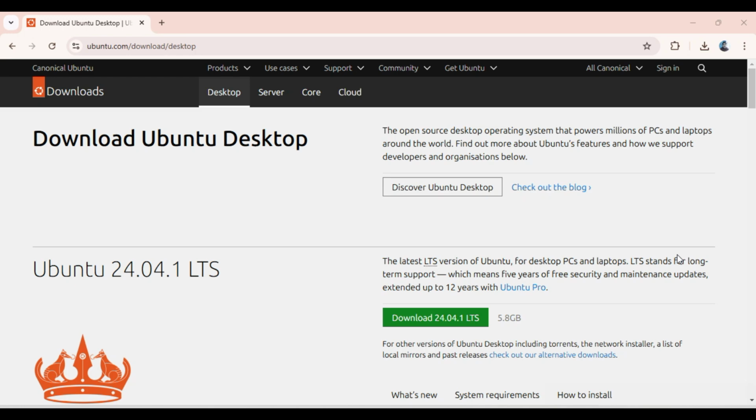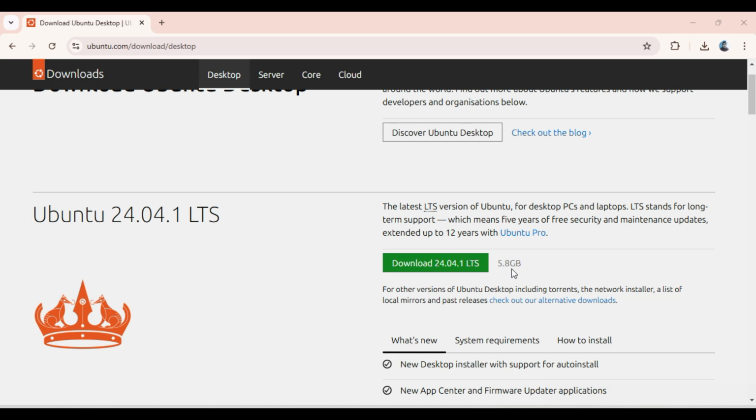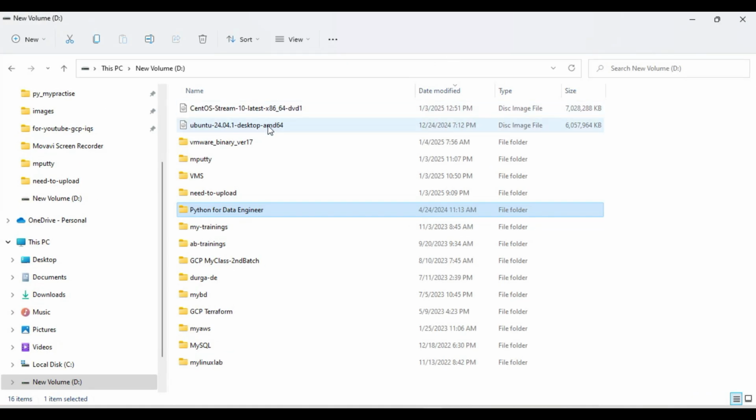Welcome back. Here I am going to show the Ubuntu latest version, 24. Okay, 24 is the latest. This contains 5 GB. If you click on this, it will automatically download. I already downloaded it. It's here, see,